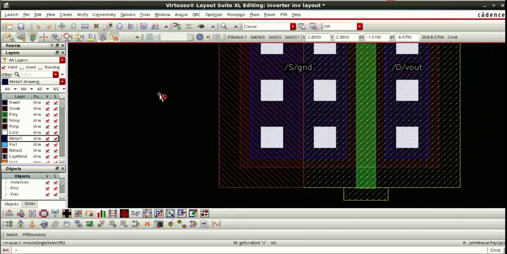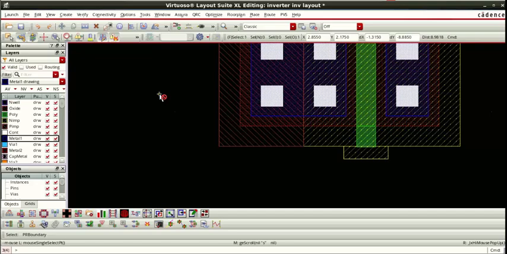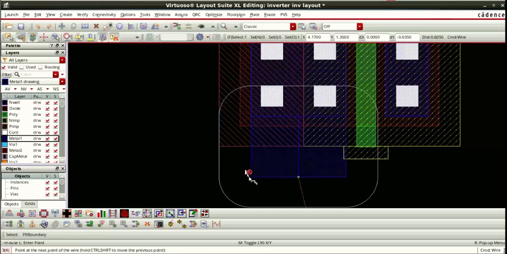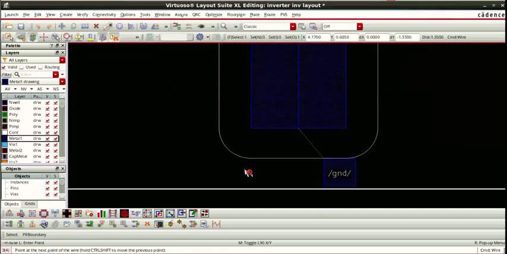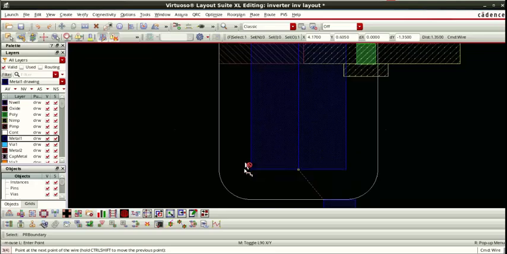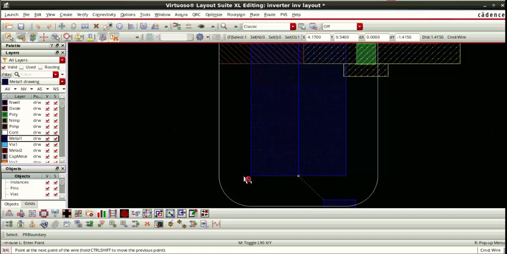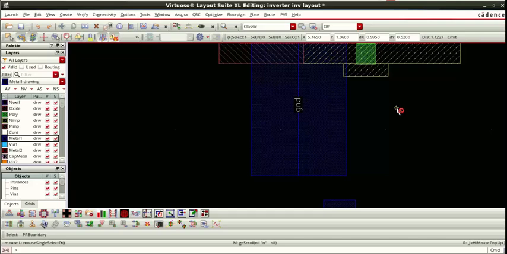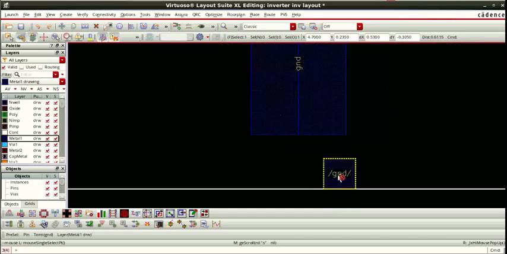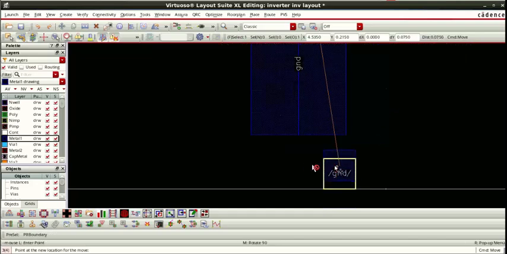Next, same thing we are going to do for the ground. So press P, take this metal 1, let us do till here. Now take this ground pin and place it properly.